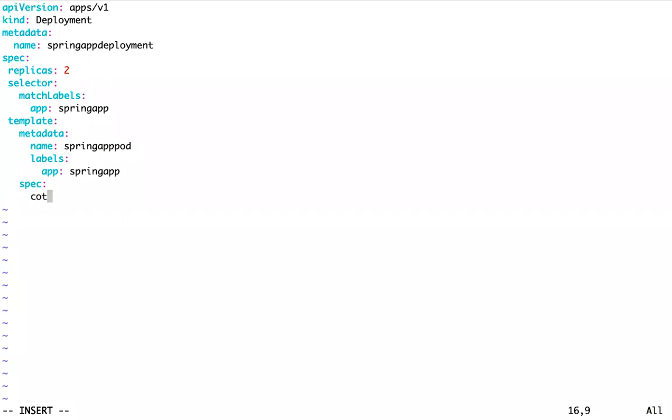A pod has containers, your containers information, name. You can give whatever name, Spring App container.